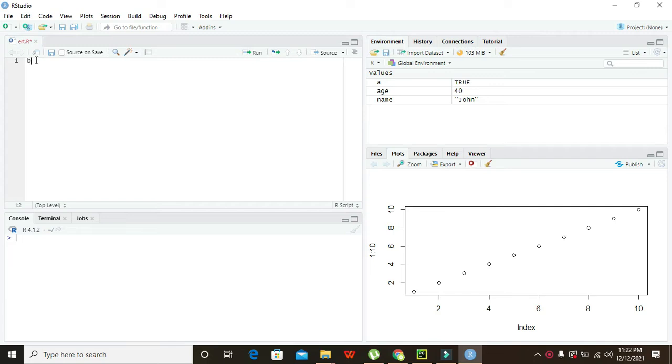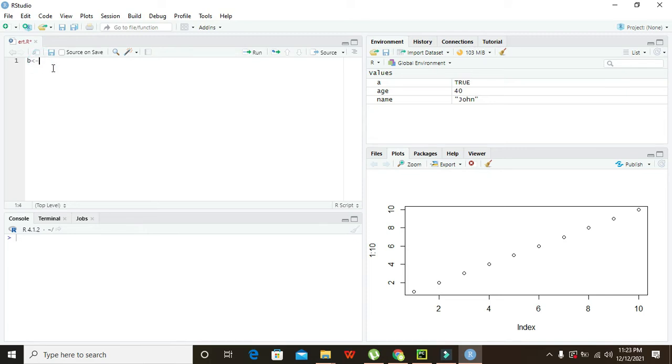Then you need to put the less than sign and the dash sign. It is considered the assignment operator. In most other languages, the equality sign is usually the assignment operator, but here the assignment operator is the less than and dash sign.